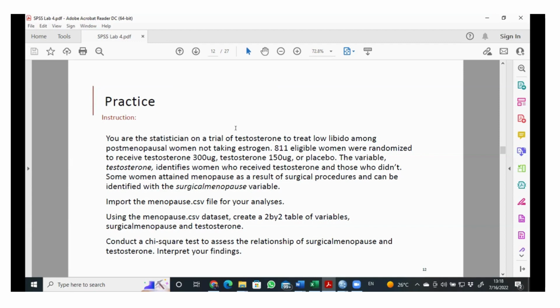The instruction here is that you should import the menopause CSV file, use that data set to create a 2x2 table, and run a chi-square test to assess the relationship between surgical menopause and testosterone. Who wants to run that?